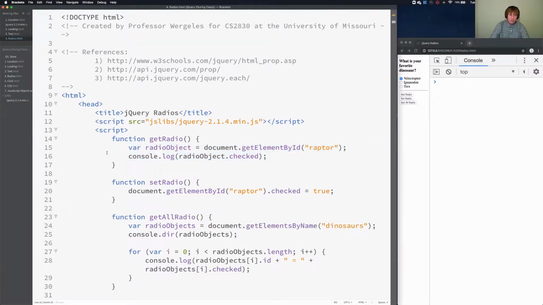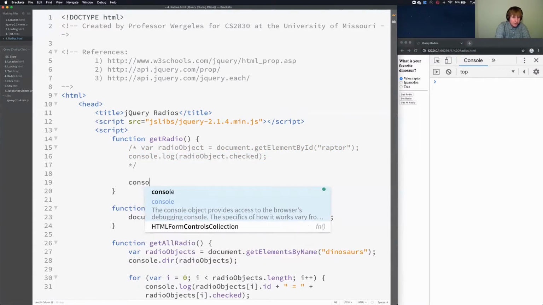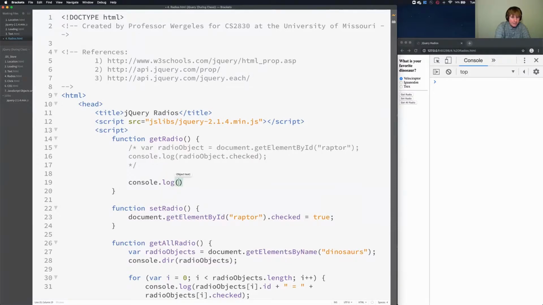So first I'm going to comment out all this code. In this code I did a print, so I'm going to do the same print, and instead of storing it to a variable, I'm going to access the jQuery function. I'm going to put a selector there, so I'm selecting the ID that's equal to Raptor. With jQuery, I can use a CSS selector with a hashtag and put Raptor there,